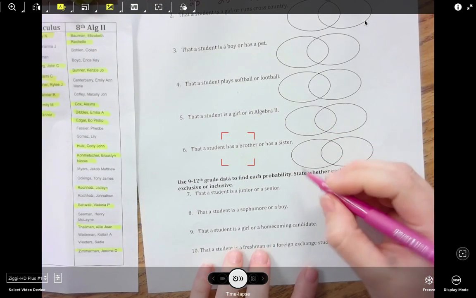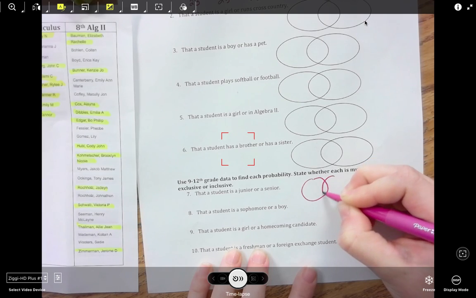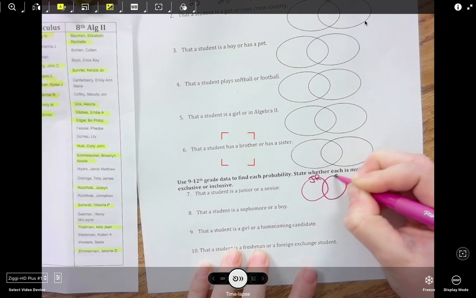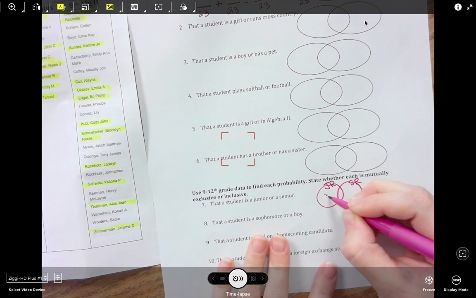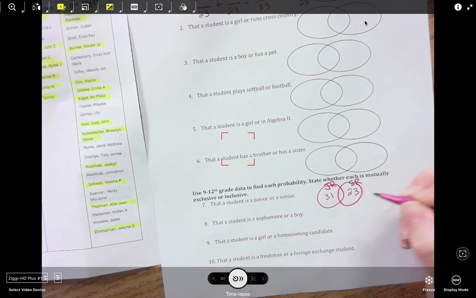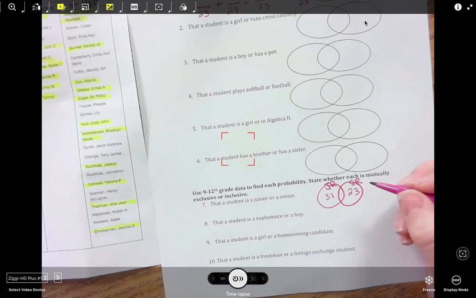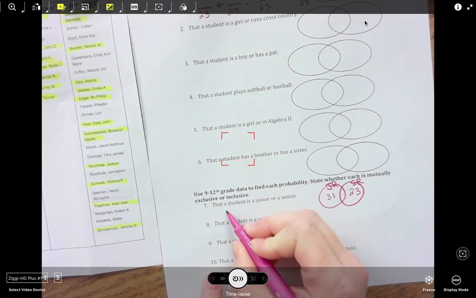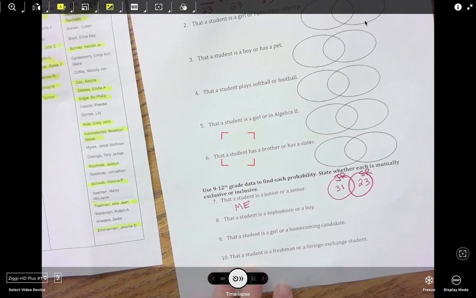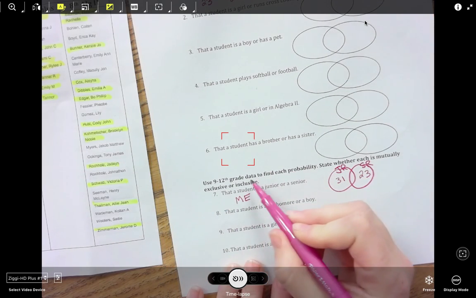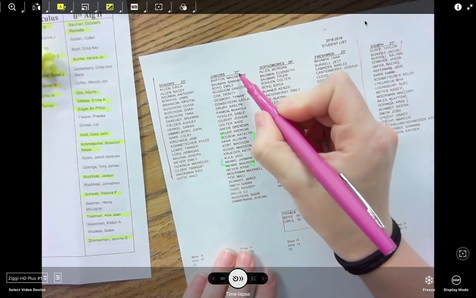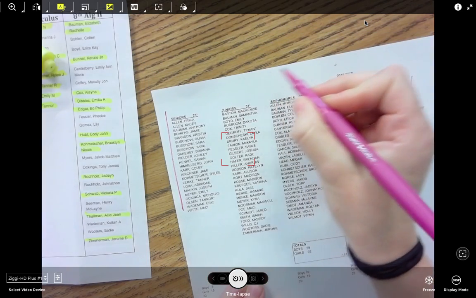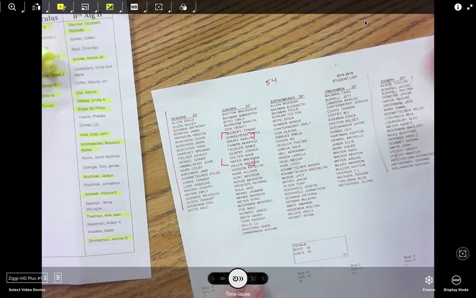So that a student is a junior or a senior, I'll do this one with you. I make these junior, senior. Juniors, there are 31. Seniors, there are 23. 31 here, 23 here. Now, can you be a junior and a senior at the same time? No, you cannot. So this is mutually exclusive. Make sure you label that. So what I do is I'm taking out of the entire 9th through 12th grade, if I add those all together, 23 plus 31 plus 29 plus 23. Oh boy, and then I'm going to have to add 54 plus